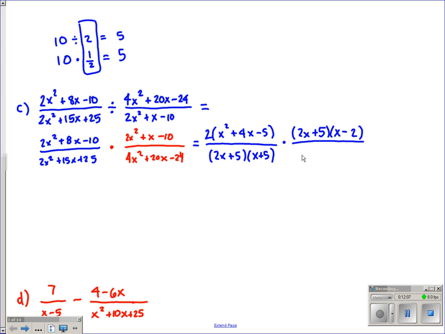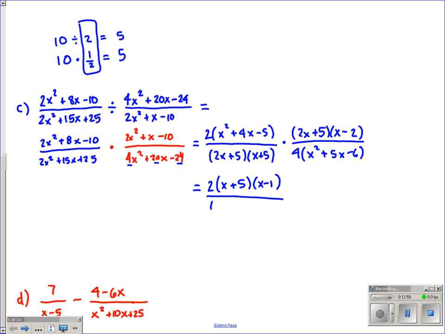And that is over. Your denominator also has a common factor. 4 goes into all three of these values. So you can take out your 4, and you're left with x squared plus 5x minus 6. And there is one more set of factoring here. We can factor these trinomials, so then we can start to pull out our values that would give us 1. So I'm going to do that real quick here. I don't want this video to get too long, so I'm going to go ahead and just do it. We have 2 times x squared plus 4x minus 5, which should factor into x plus 5 and x minus 1